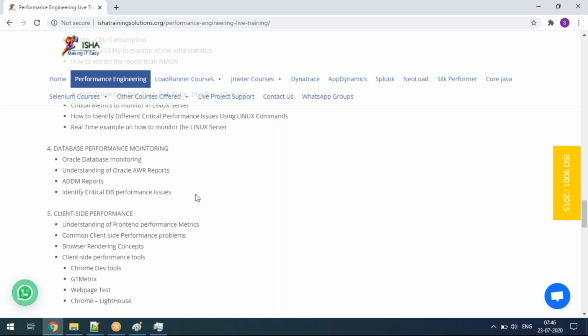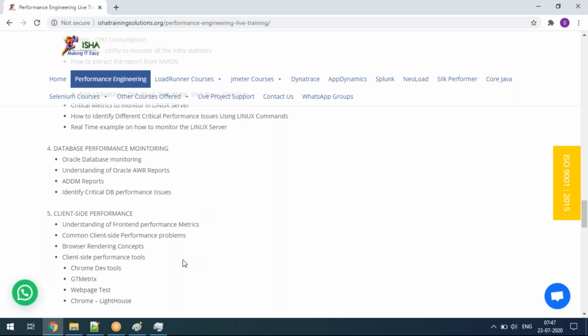Basically, I'll also show you the ASH report, session history, the AWR report, through that the ADDM reports, and then I'll show you different DB performance issues. Say, if it is a parsing issue, or something related to a CPU issue, or something related to query level, like that we are going to discuss during that session.